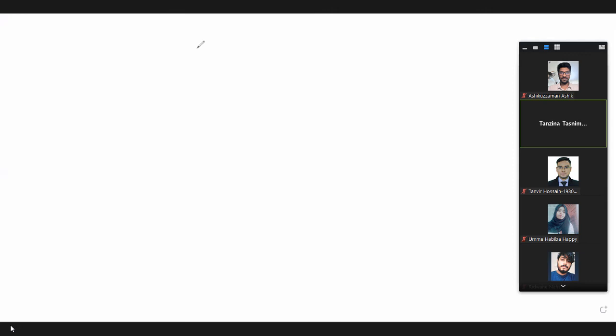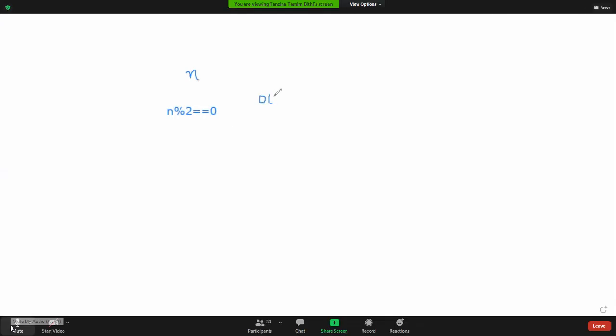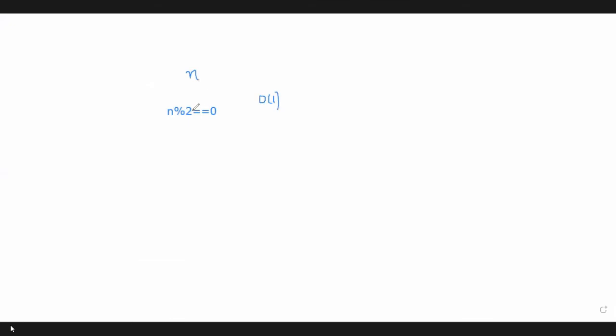So for the same problem, suppose you have to take a number to just check whether it is an odd number or an even number, or you can do it for testing whether it's a prime number or not. So for this number we have to check whether it is even or odd. The condition will be n modulus 2 equals 0. If it is true, then the number is even, otherwise it's odd. And we know that the time complexity of this program is order of 1, because for any value of n the number of operations is always 2, right? So what is the space complexity of this program?